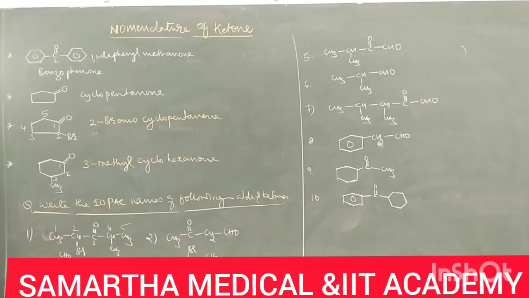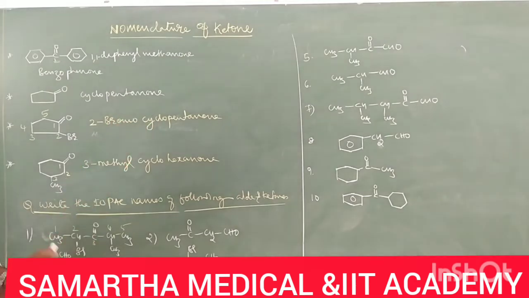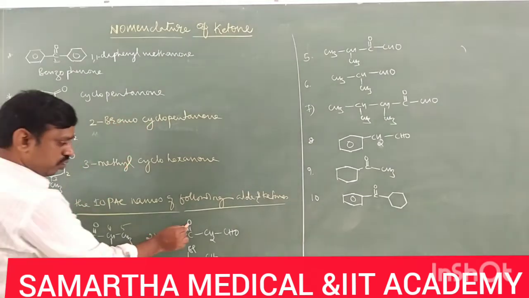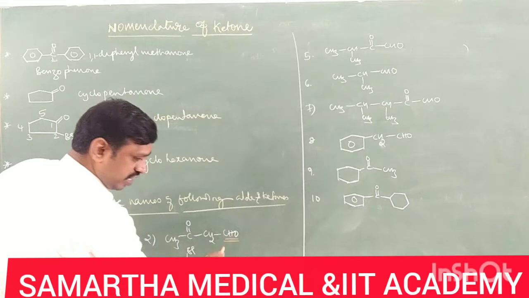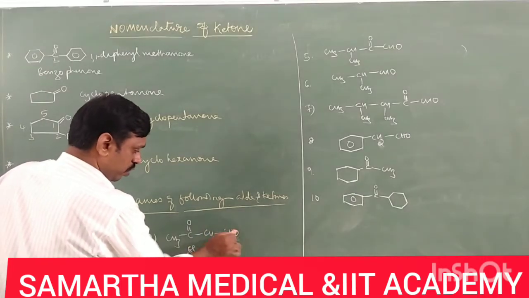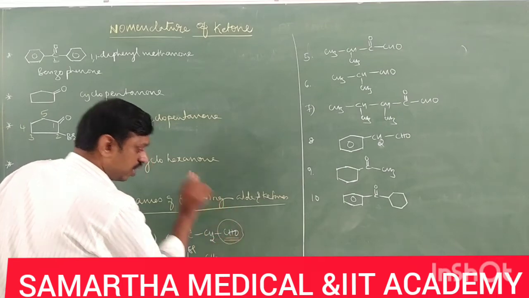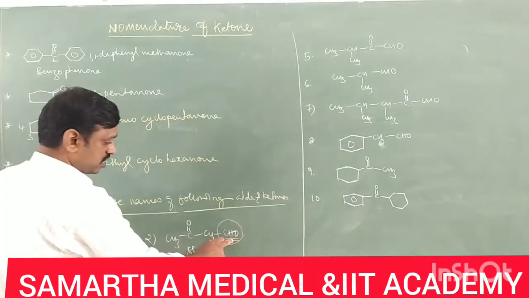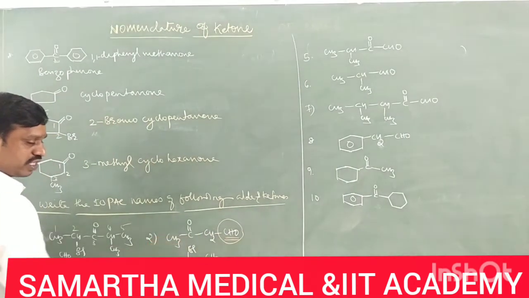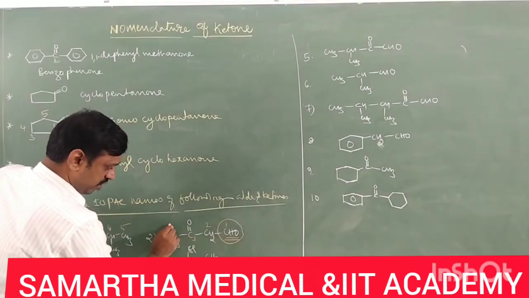Then you may get confused with the second and third. If I explain the second one, I hope you can write all the remaining ones. In the second example, there is a keto group and an aldehyde group. When there is a keto group and an aldehyde group, which has to get more priority? When there is a keto and aldehyde group, you need to give more priority to the aldehyde group. So here the aldehyde is the principal functional group and the keto is a substituent. So therefore it is 1, 2, 3, 4.